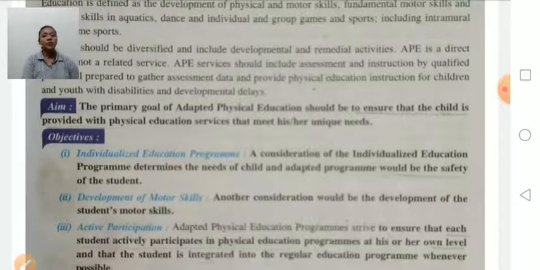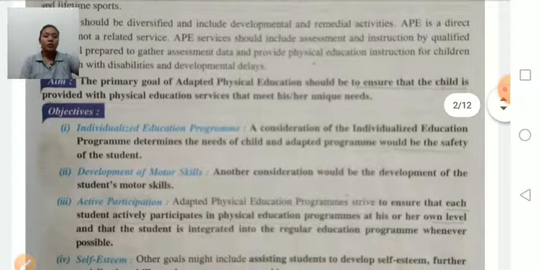The main aim of adaptive physical education is to ensure that each and every child is provided with physical education service so that it meets his or her unique needs. This is the aim, the goal of adaptive physical education.